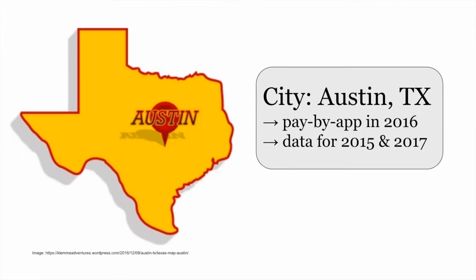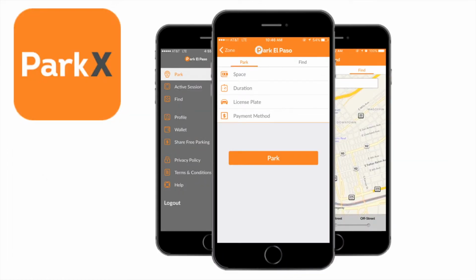In Austin, throughout the year of 2016, a pay for parking by phone app was implemented in designated areas. This gave us the opportunity to analyze parking violation data in the year before the app was implemented and the year after the app was implemented. So in the year 2015 and the year 2017. The app is called ParkX. With this app and fast and easy registration, you can keep track of your parking session and pay via the